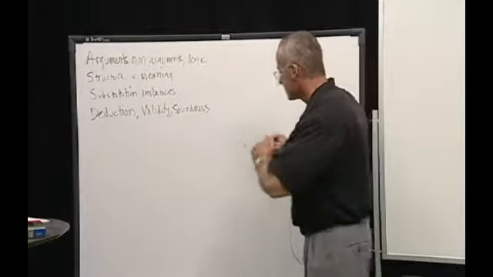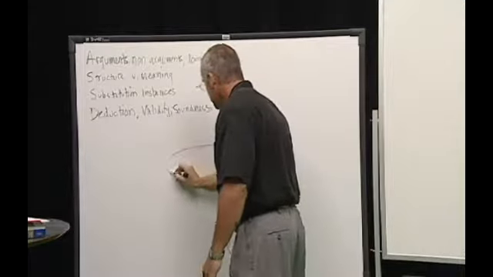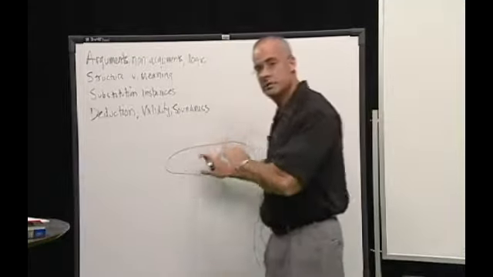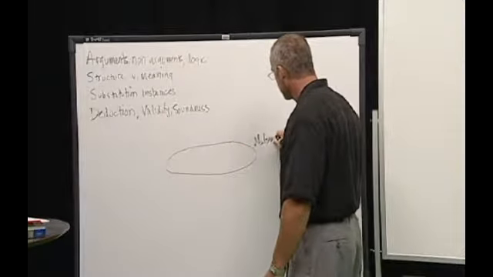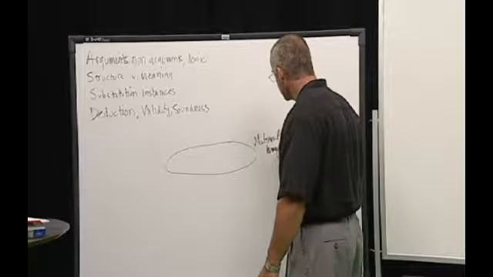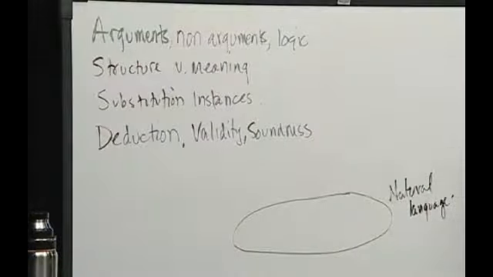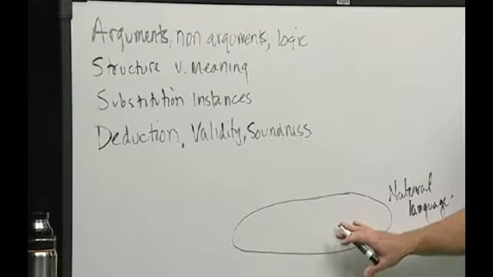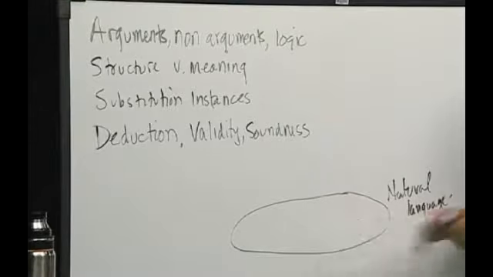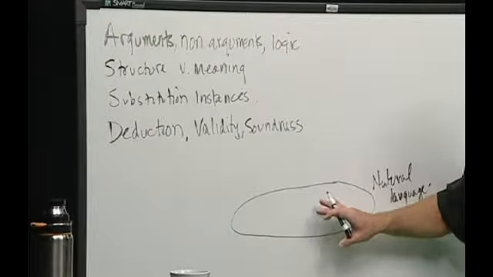Okay, let's get some perspective on what we're doing here. Logic is the study of justification. If we take this circle to represent natural language, this is where we live, so to speak. This includes all sorts of discourse. We tell stories, we try and justify things, we explain things, we engage each other in all sorts of informal ways. Natural language is where we dwell.